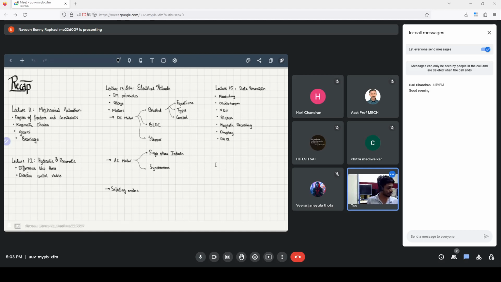Then we looked at different kinds of display units, like the oscilloscope, the visual display unit, printers, and so on. Are there any specific questions you have about lectures 13, 14 and 15? Okay, if not,